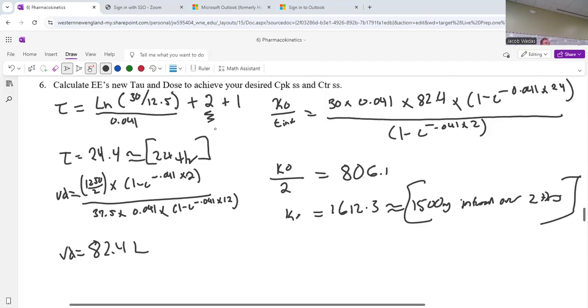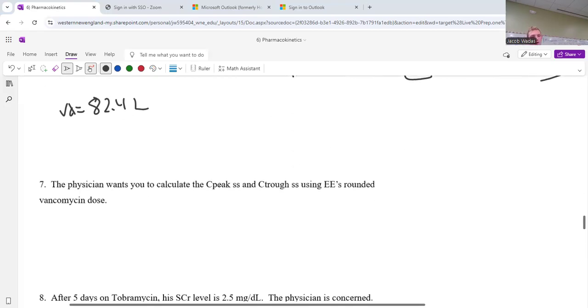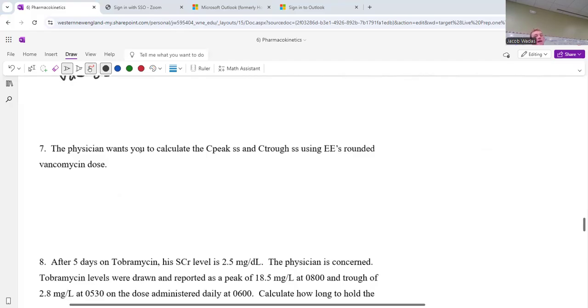If the Cp and the probe is within range, that will count. If you use 48 and the Cp is within range, then 48 is the right answer. I mean, that's what I usually do. Okay, so now the physician wants you to calculate the C peak steady state and C trough steady state